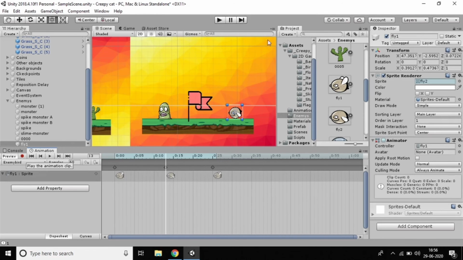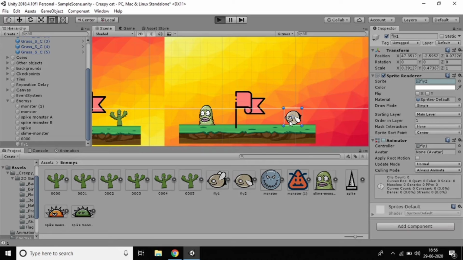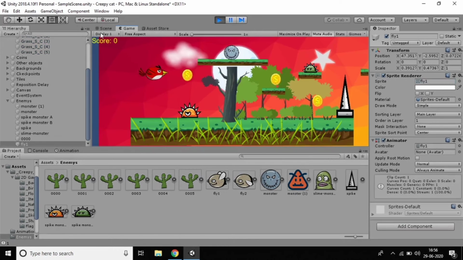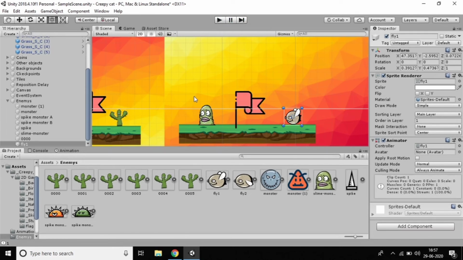Just close this one and keep this in the project folder here. Just play and see how it works. We can see it in the scene window. You can see, yes, it's working very well. And these characters also, it's working very well, very nice and very clear.